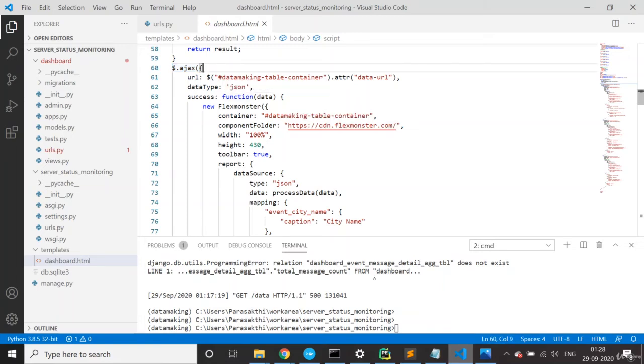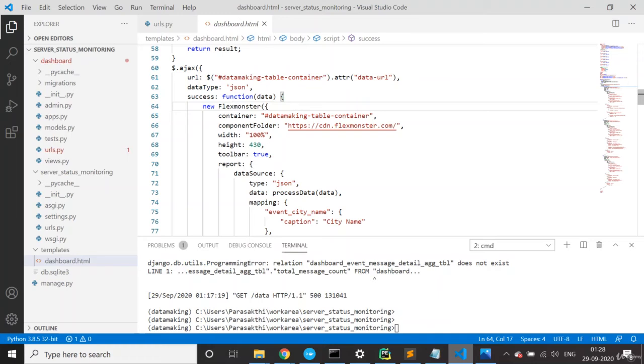So dollar ajax, then pass your URL. This is going to call this data URL, get the data and render it on the table container. The type is JSON, and once you get the data, we have to form this FlexMonster object to render it both as a chart as well as a data table.